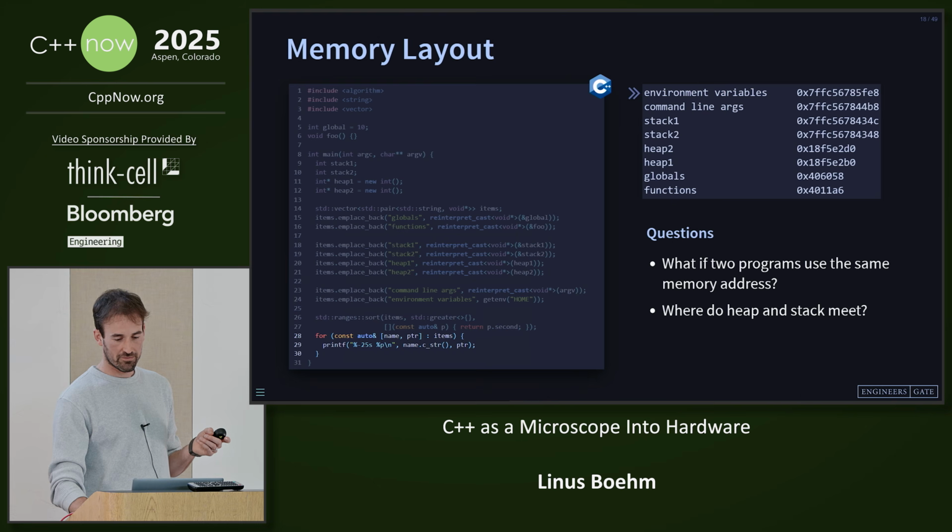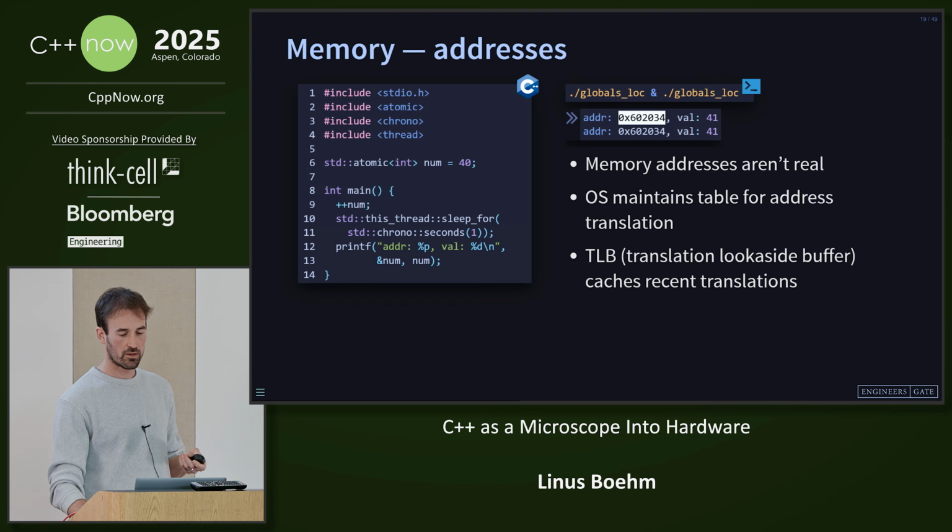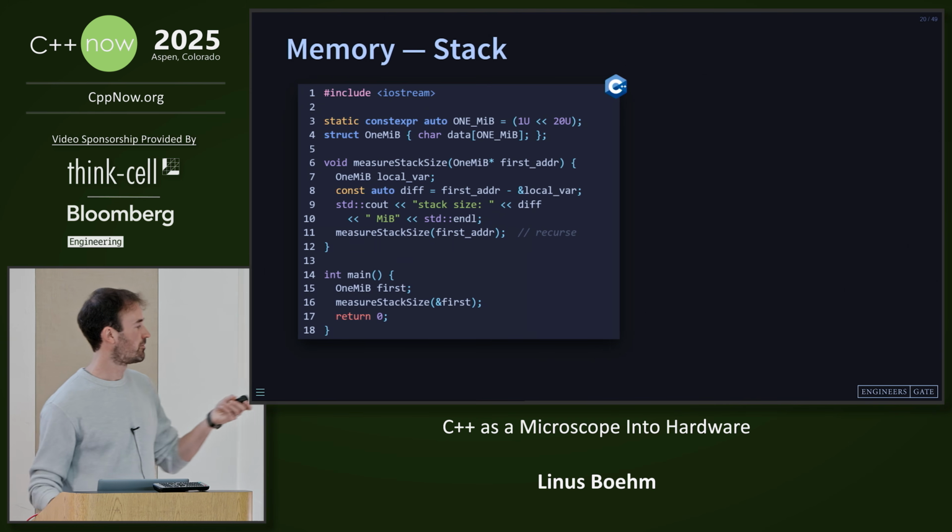Okay, so we have answered the first question we had. They have different address spaces, can't interfere. Now let's look at the stack and the heap. For the stack, we can